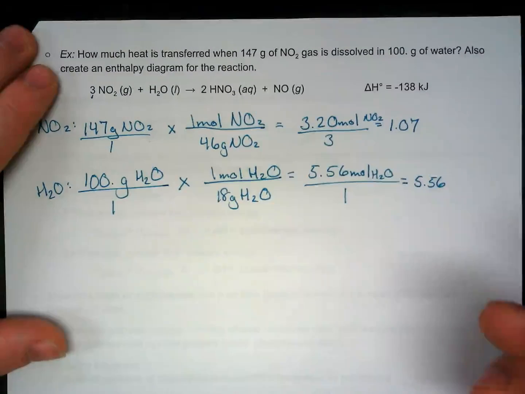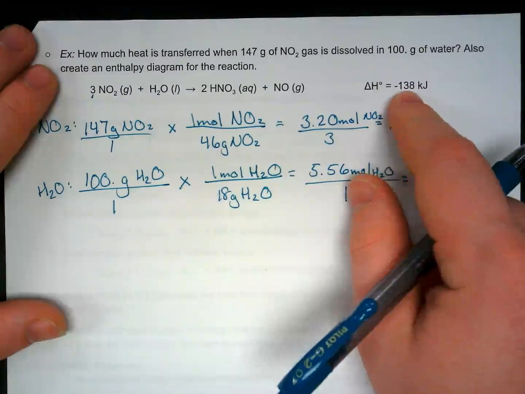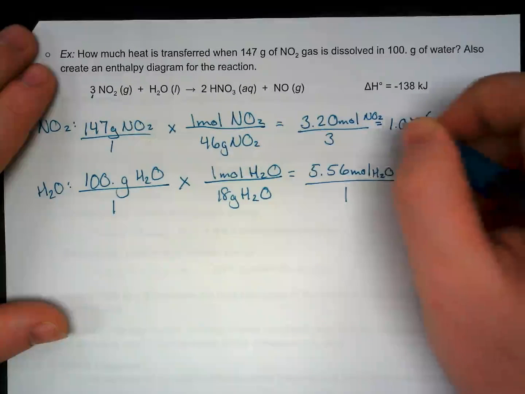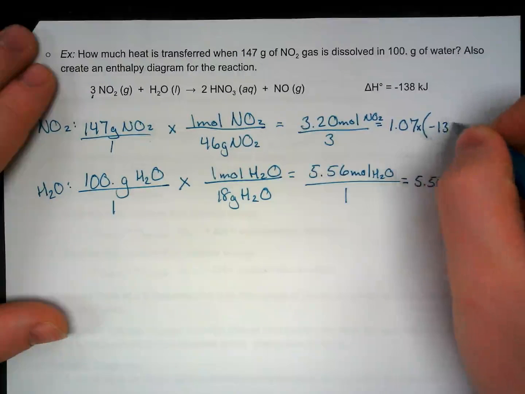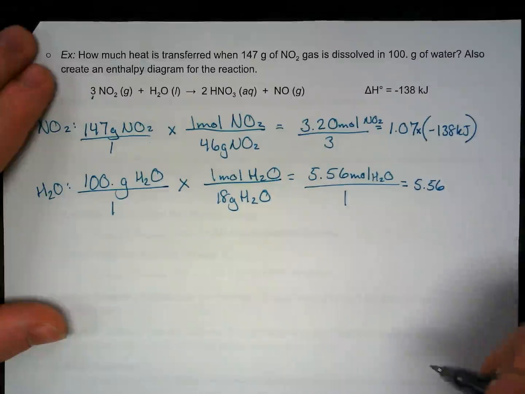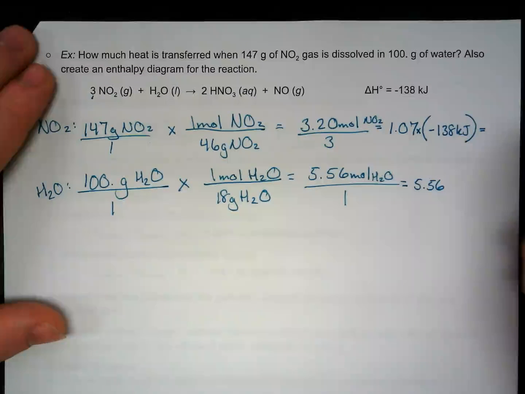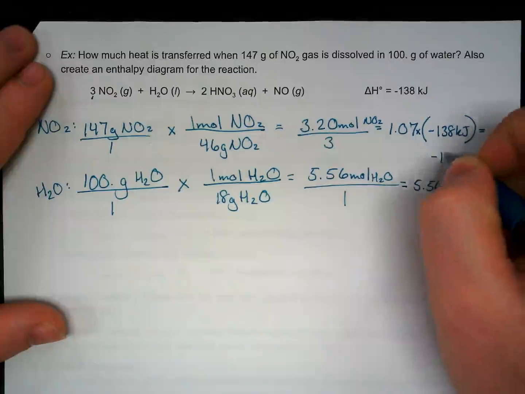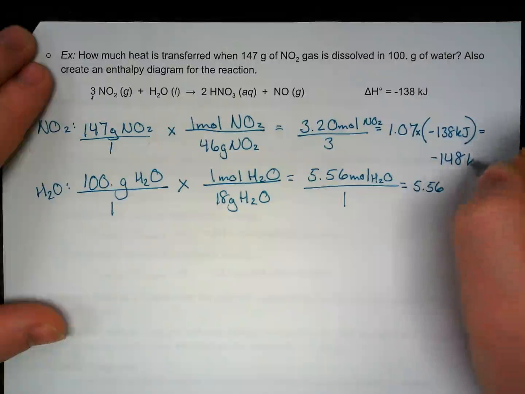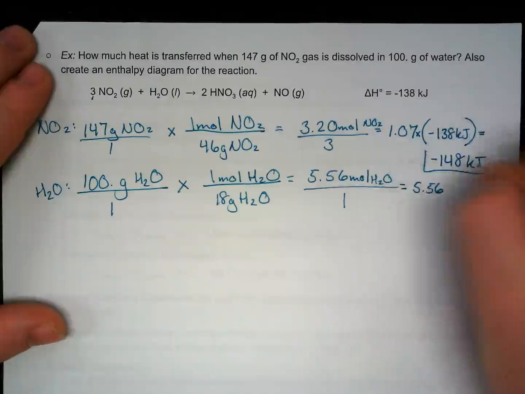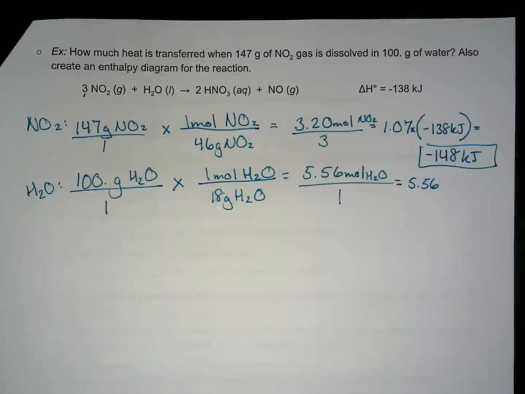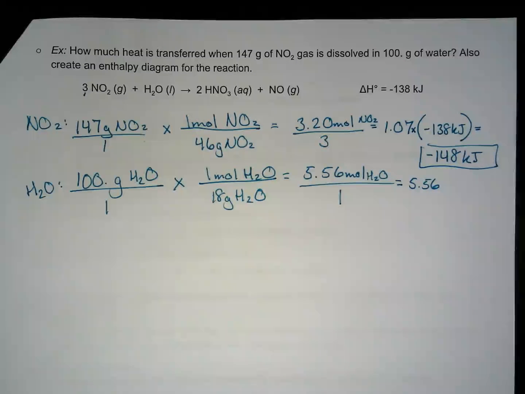So what have we taken out? We've only taken out multiplying by our change in enthalpy. So we're just going to multiply this 107 times negative 138 kilojoules in this case. And we're going to figure out just how much is actually going to be lost. When we put this in, we're going to actually lose negative 148 kilojoules. Okay, so again, we have now lost negative 148 kilojoules worth of energy